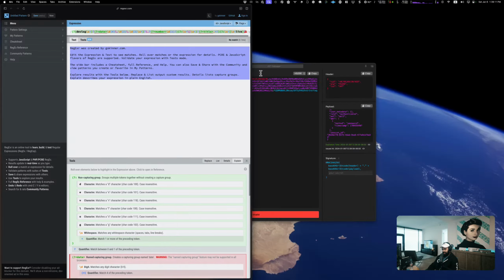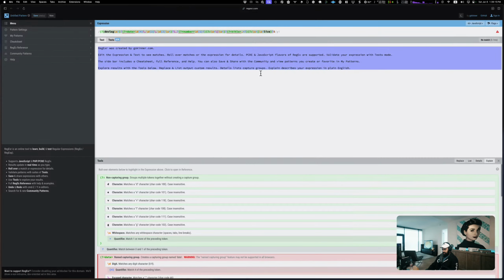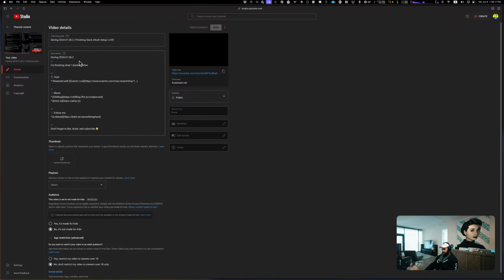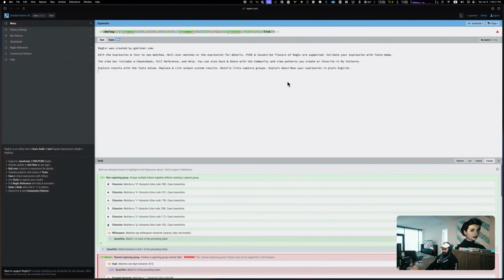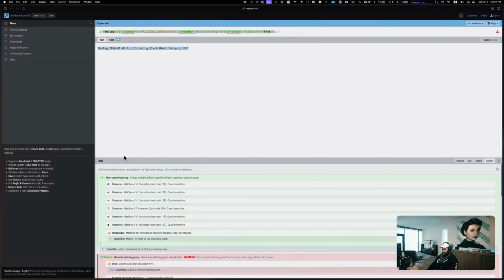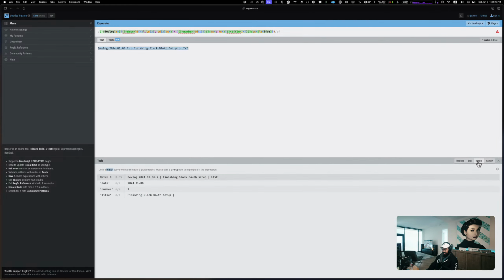Let's see if this works. Here's how to tell if it works. I'm just going to take this thing here and see if that works. That's the thing I'm trying to get to match against. All right, let's go to list details. Devlog, date, number 2, title, finishing Slack OAuth. Okay, this is wrong.